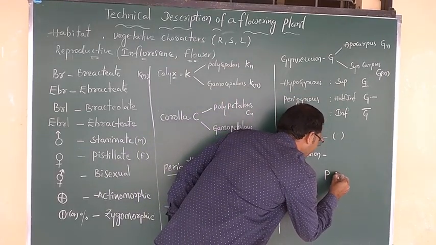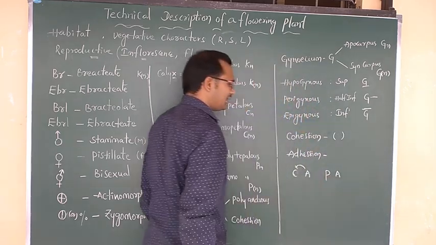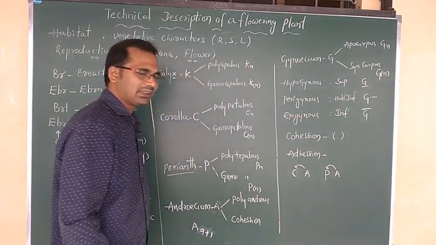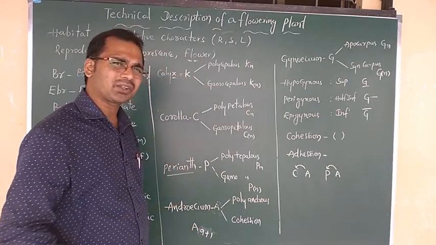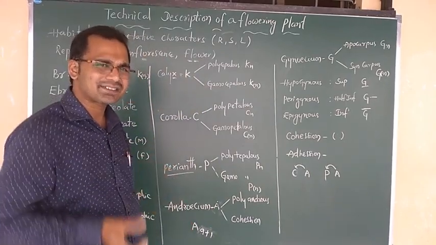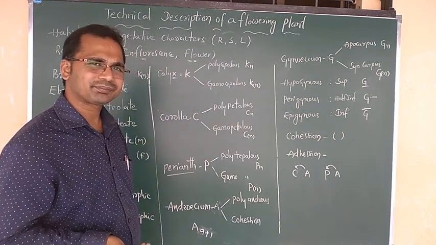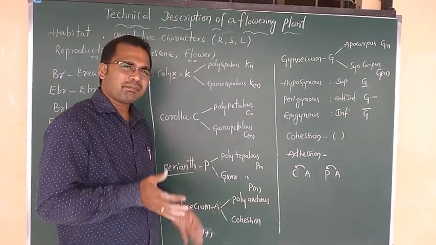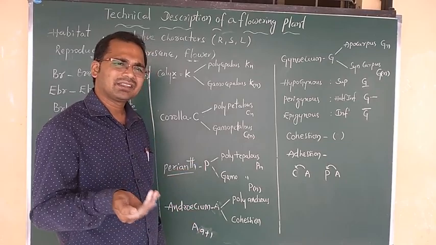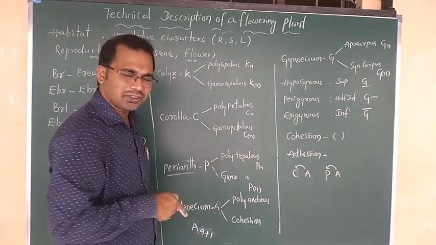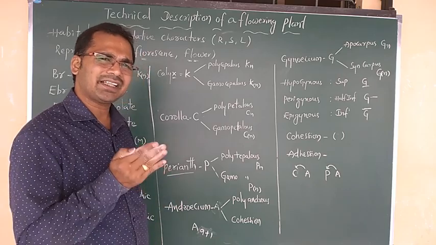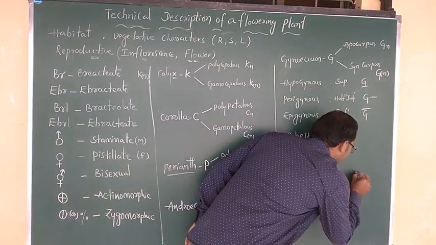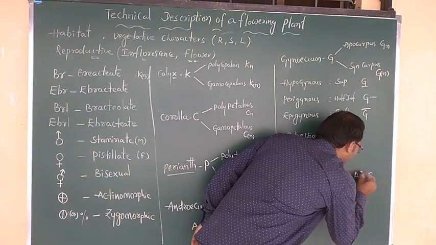Next, second, perianth. A. Stamens are attached to the perianth. What do you call it? Epiphyllous. Correct? Or epitepalous. The members of the perianth we call tepals. That's why stamens attached to the perianth are called epiphyllous or epitepalous. Next, another one. Maybe these stamens are attached to the carpels.